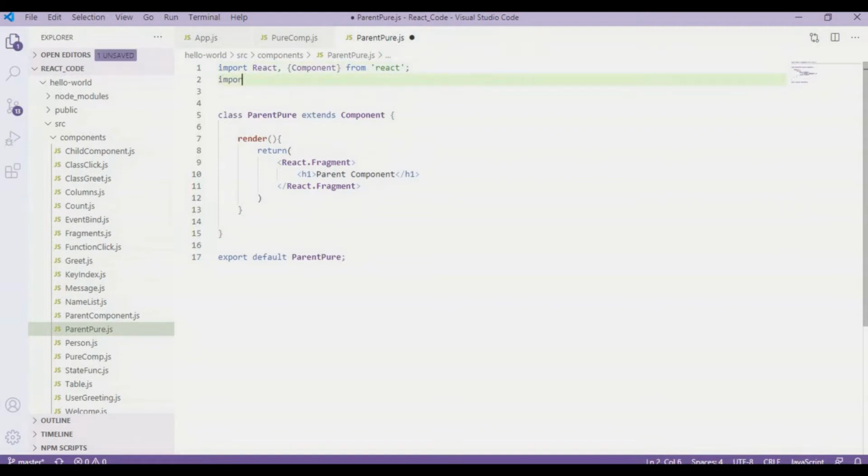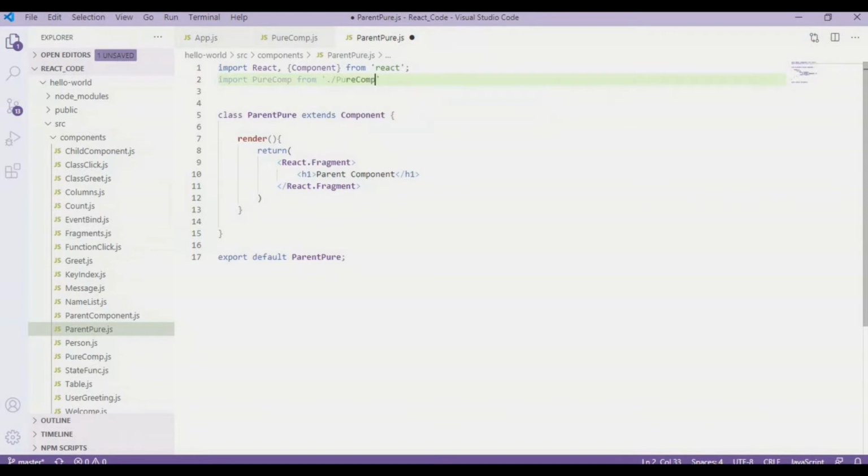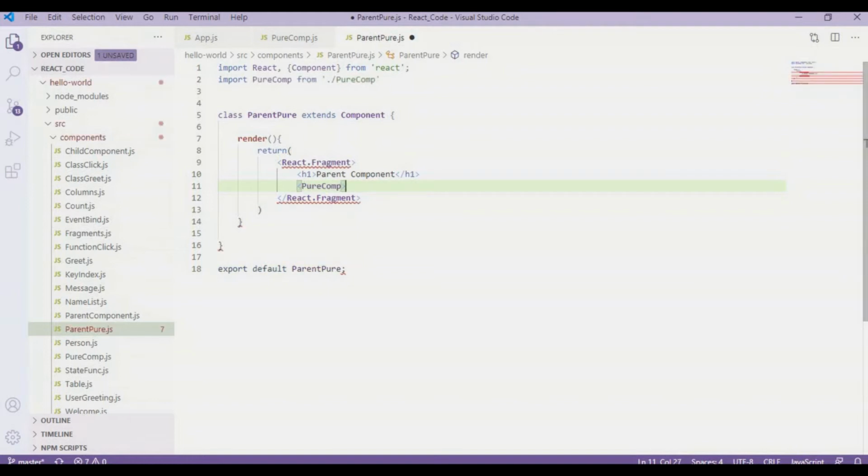So import purecom from purecom, and we have to define this inside the return method. So it will be like this.